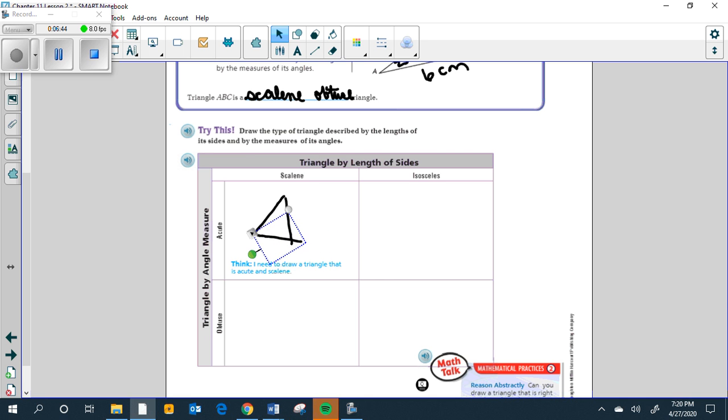And if I can get those all matched up, I will know that they are, a little bit of a trick here, that they are all the same length. That's pretty close. And then if we want an isosceles triangle,